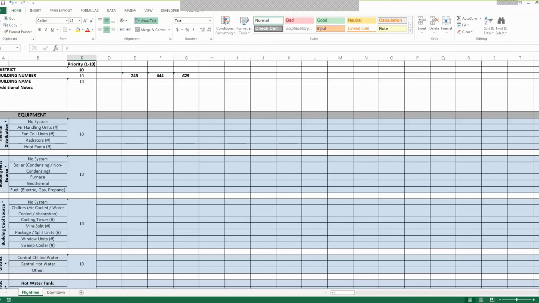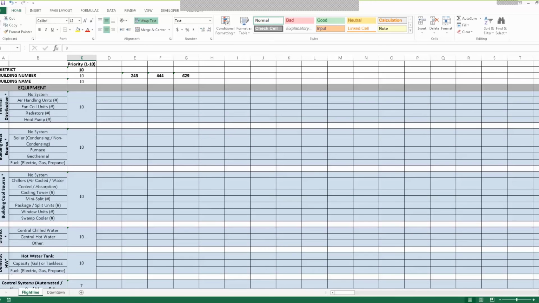So if it's a multi-zone or a VAV, if you can get that information, that makes a big difference. So if you've got fan coils versus VAV in a building, especially when you get around that